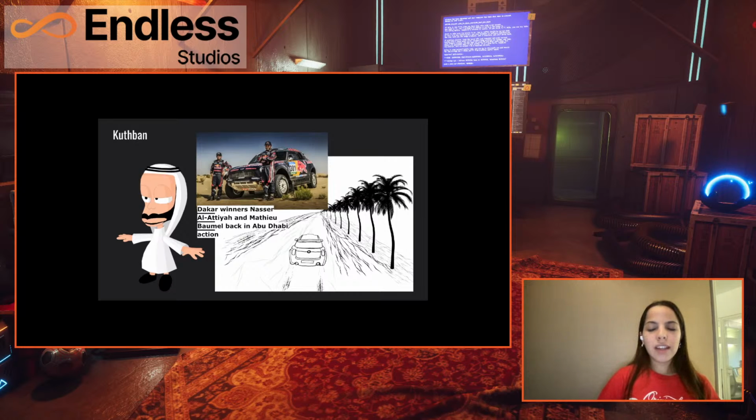So we wanted to give the reason for why the user is playing as a racer in this game. And with a cinematic intro, we originally had this character that you see here on the left. This was going to be our first iteration of our race car driver, but eventually with our level designs, we decided to go with a different art style, but the story is still there. There's still a story of having our race car driver racing through this rally because it's our form of competition, a Kuthban rally race.